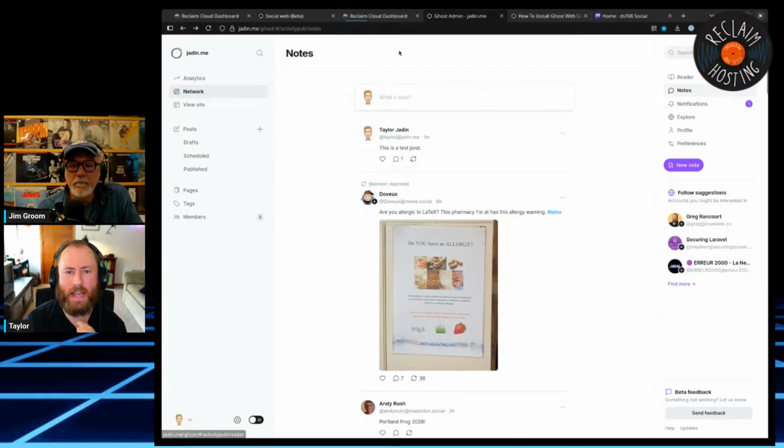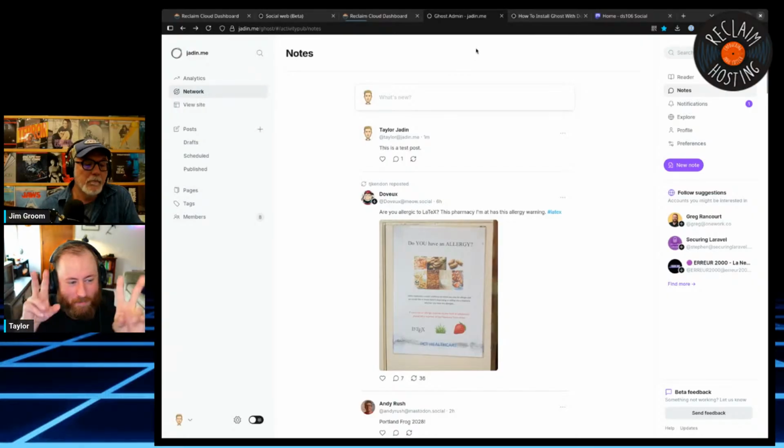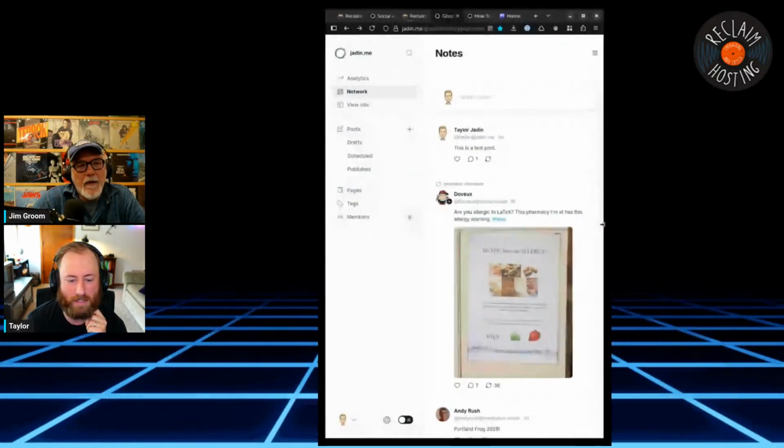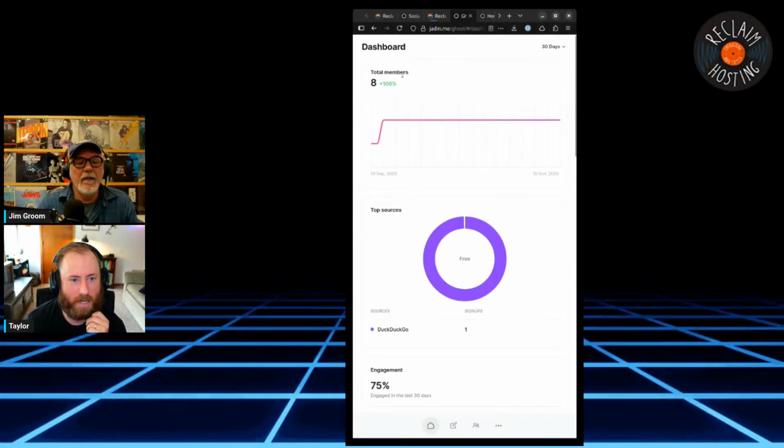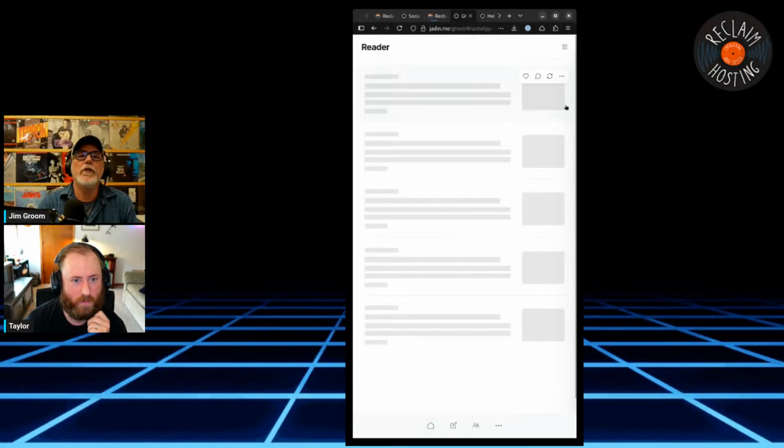And I even have this notes page saved on my home screen on my phone. So it's kind of like a Mastodon app. I can just click on it and it feels like an app interface. In fact, when you make it small on a phone, it even gets a little sidebar and that kind of stuff. Let me ask you a question here.